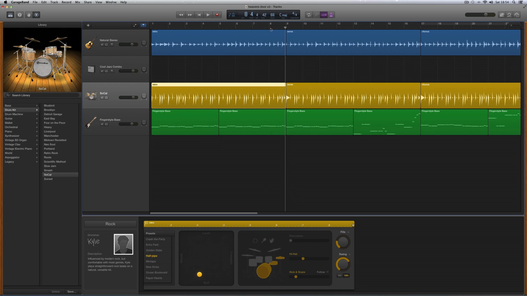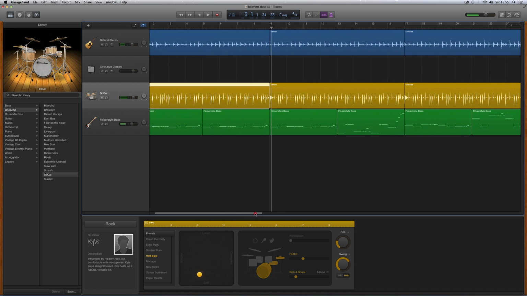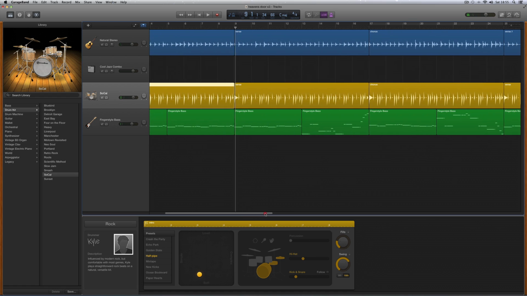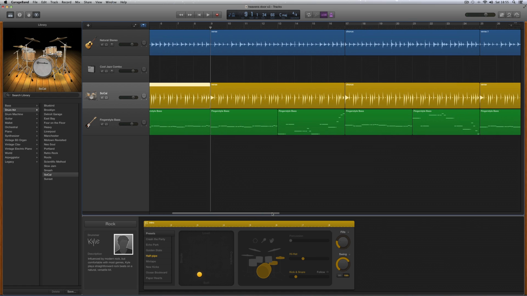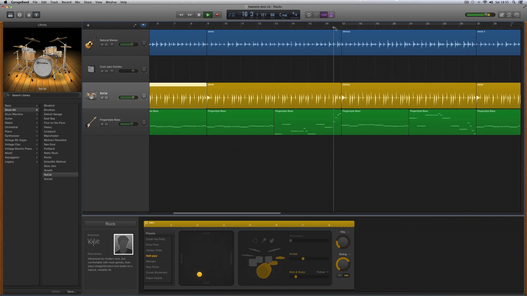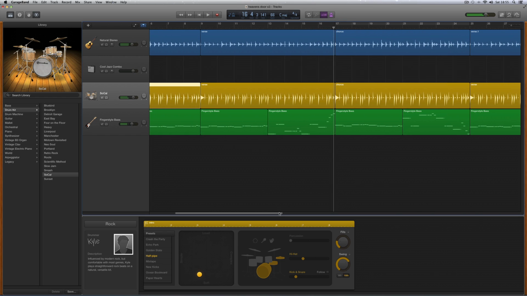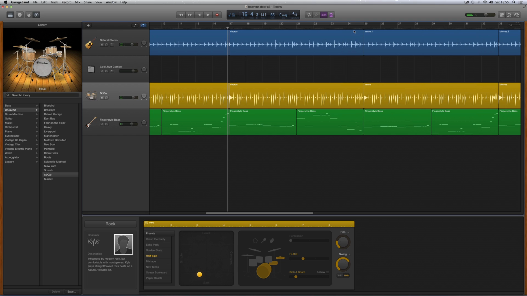So this is the fill at the end of the intro. Like nice simple fill, just bum ba bum in 8ths. We don't want something too busy. At the end of the verse, fine, that's good. At the end of this chorus,